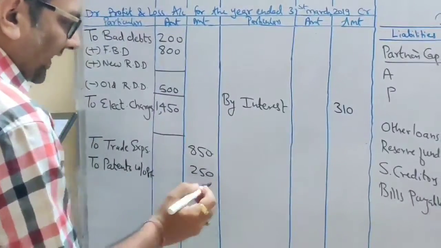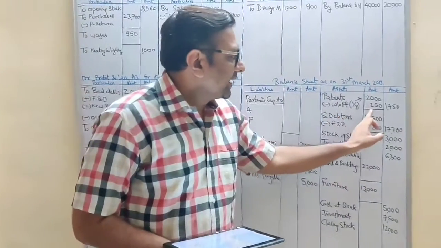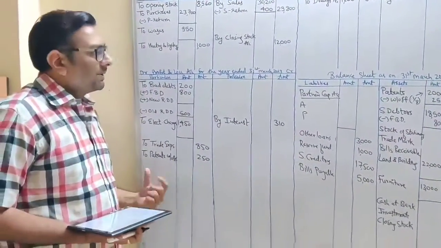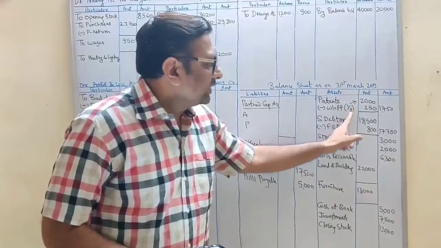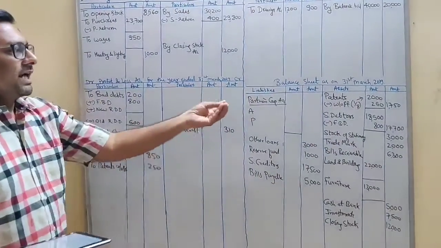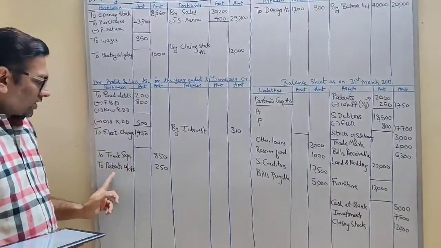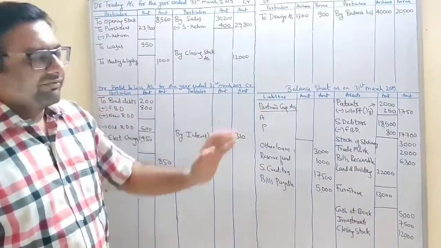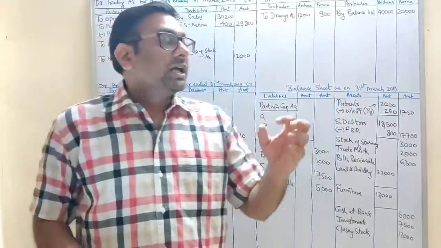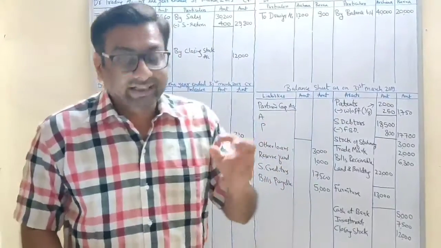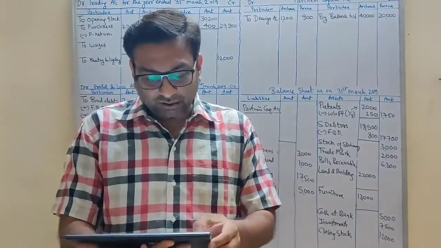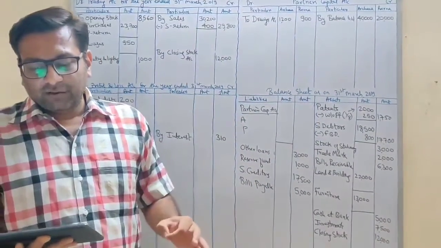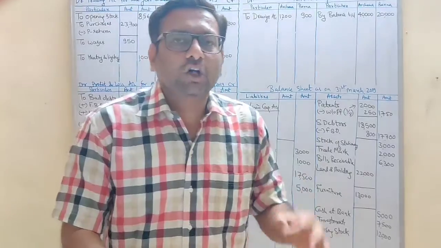So you have to write 2 times. You have to give 2 effects. One, you have to minus your asset. Then second effect, you will put it in the P&L account. Why put it in P&L, students? Your asset's value is decreasing. If your asset value decreases, it's a loss. A loss you put on the debit side. So we have given 2 effects. Observe, students, carefully. We are giving 2 effects for each adjustment amount. Next adjustment: a part of furniture worth 5,000 is purchased on 1st October.